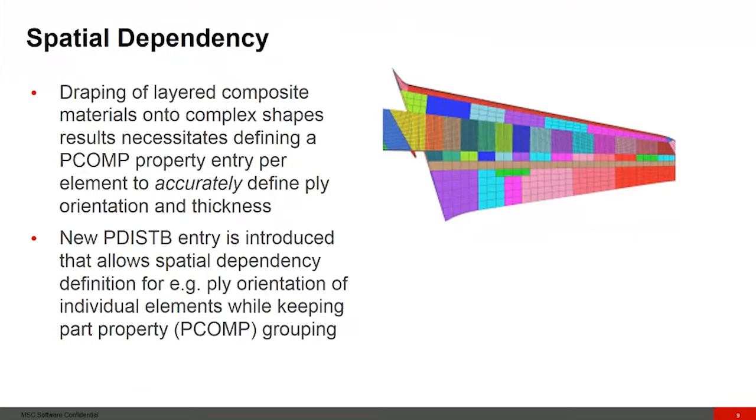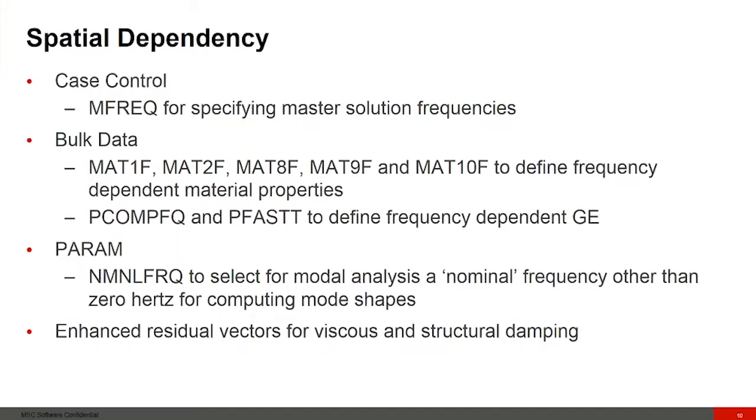In that case, in order to not have to define a PCOM property entry per element, now we've introduced a new PDIST-B entry, so you can modify the thickness and orientation properties for certain elements in the part and not change the entire PCOM property for the part group. So for the user interface, we've